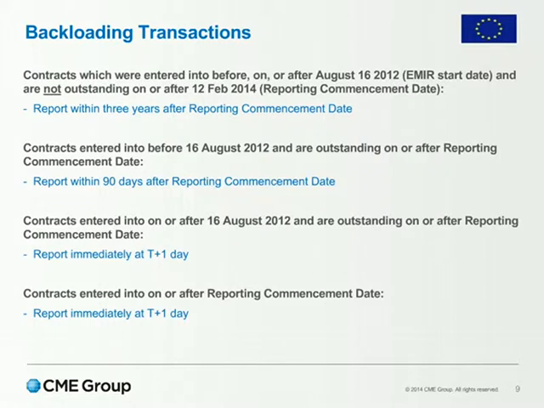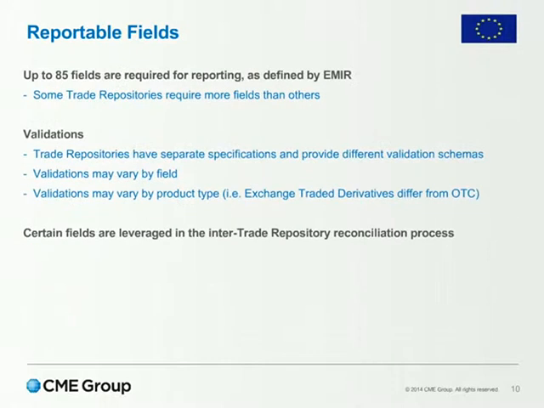So I'd recommend, if that can help you with your backloading, to talk to whoever is going to be your TR or whoever is going to report for you if you delegate it out to someone. Do they read that the same way? Because if that's the case, that's going to make this a lot easier. Otherwise, it's very, very difficult to put a UTI on a forward foreign exchange trade that was put on, say, a year ago, and it's got 5 years to run. Pretty difficult. And what we're finding is a lot of the banks are employing lots of people to rekey transactions, trying to put UTIs on legacy trades. It's ugly.